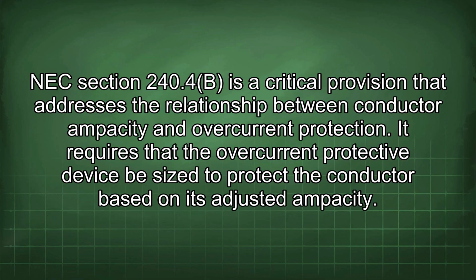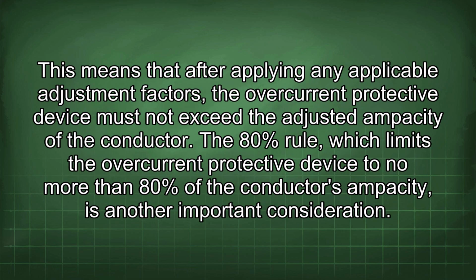NEC Section 240.4(B) is a critical provision that addresses the relationship between conductor ampacity and overcurrent protection. It requires that the overcurrent protective device be sized to protect the conductor based on its adjusted ampacity. This means that after applying any applicable adjustment factors, the overcurrent protective device must not exceed the adjusted ampacity of the conductor. The 80% rule,